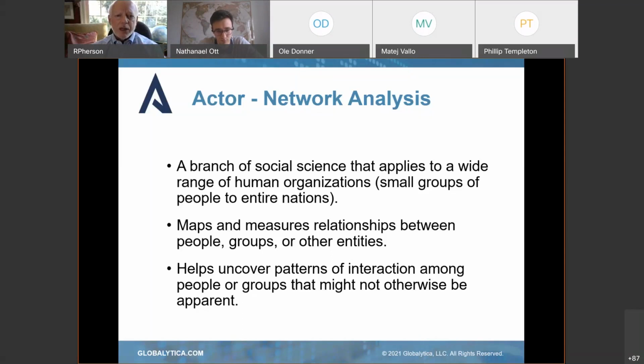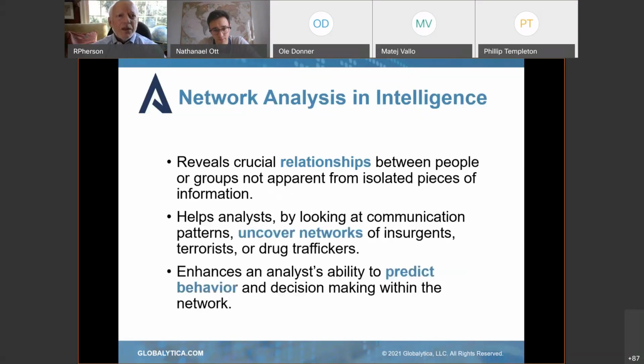It also then reveals patterns and interaction amongst these people, things that you may not have realized were going on. It gives you leads as to how to do your collection and your analysis. So in intelligence, what we're really looking for are the crucial relationships that you need to isolate. Who really needs to talk to whom? What conversations would you like to listen in on? Who is going to be responding or reacting to what is going on? What's really helpful is that it shows you what the entire network is and allows you to visually track and analyze the network. And I'll give you a bunch of visuals on that pretty soon.